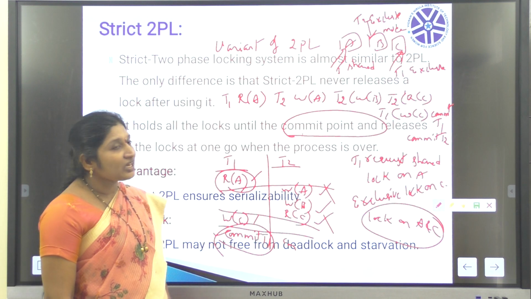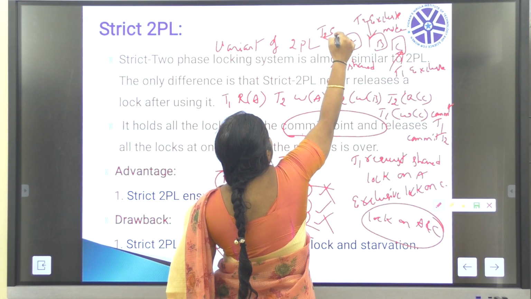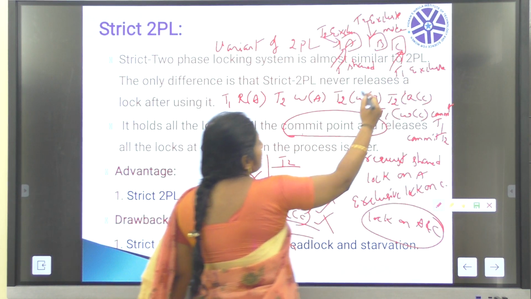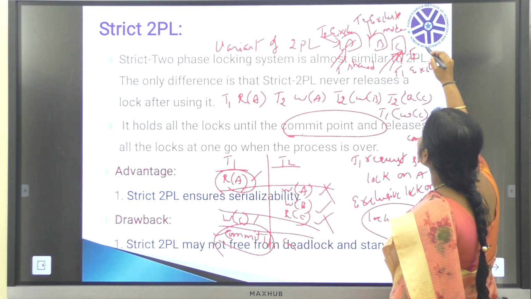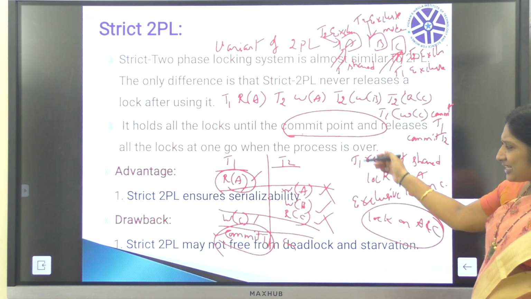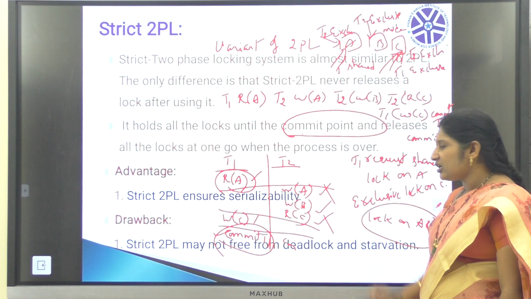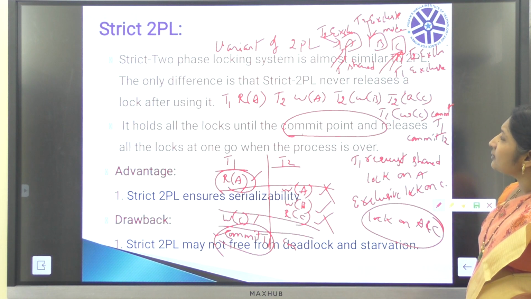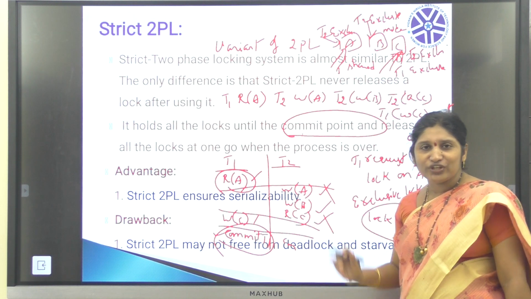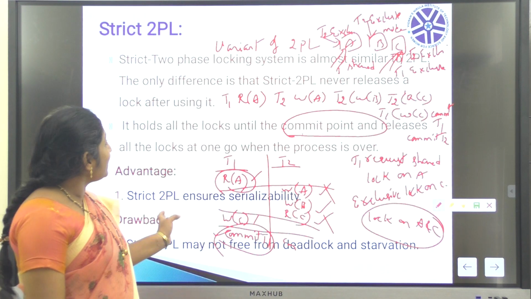Whenever it releases the lock on A, the lock will be given to T2. T2 gets the lock on A in exclusive mode, and whenever it releases the lock on C, C is locked by T2 in exclusive mode. Now T2 is granted all of its requested locks: exclusive lock on A, exclusive lock on B, and the lock on C has already been granted. So now T2 enters into the growing phase. It starts its execution.